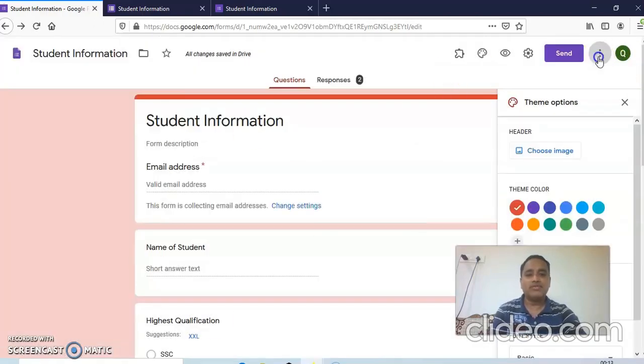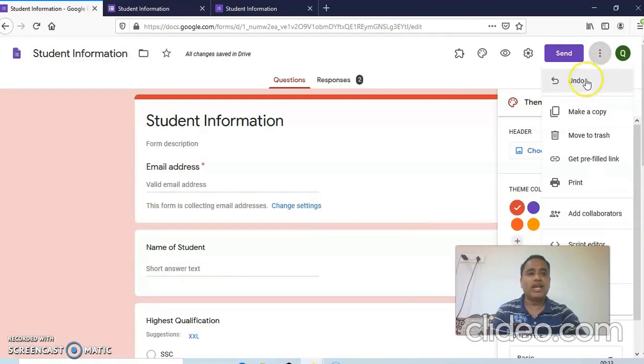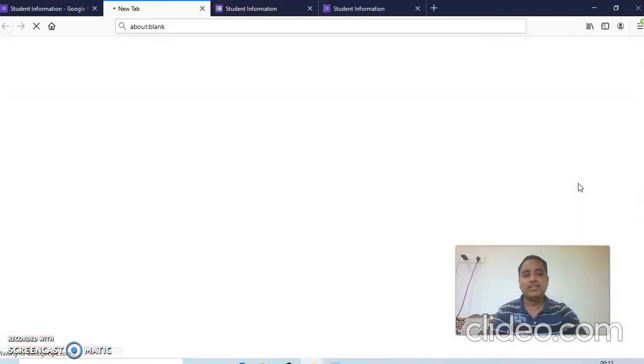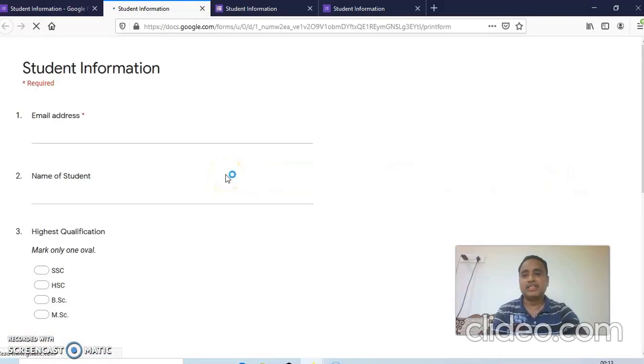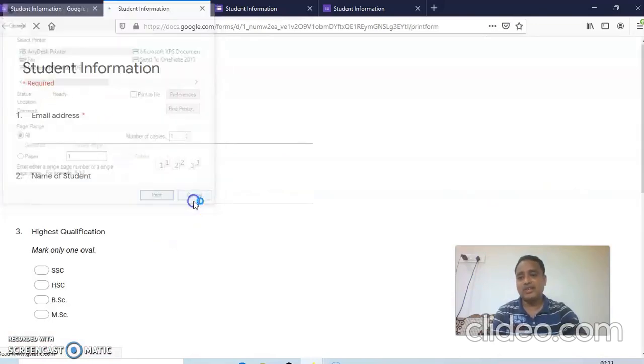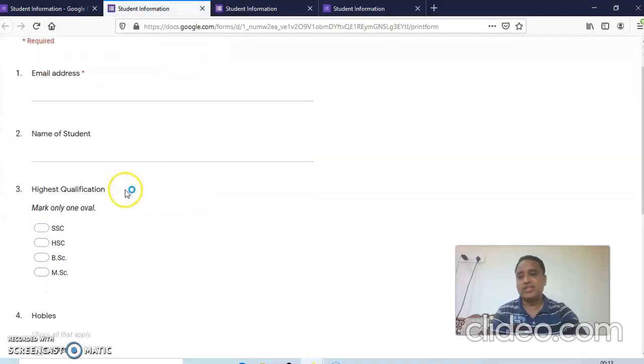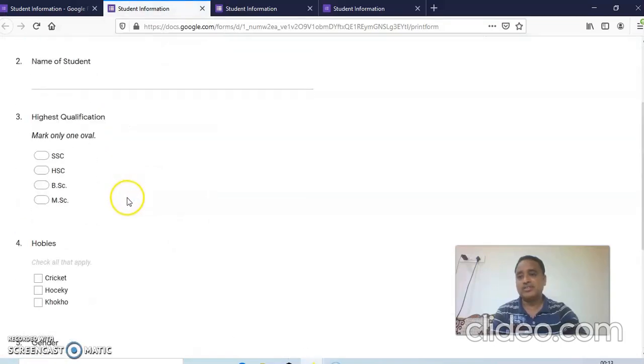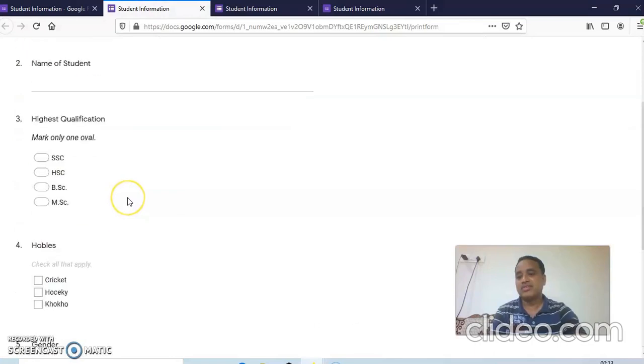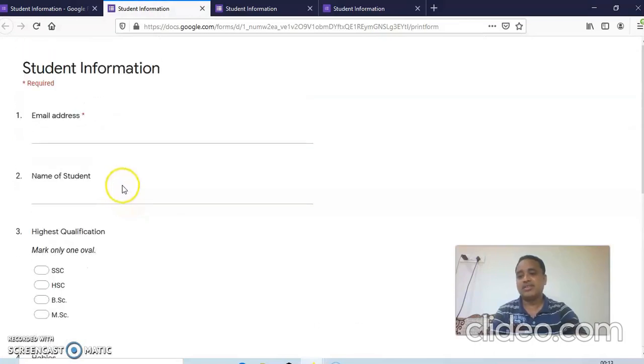Now lastly, if someone wants to fill it offline, this print option is there. This print option is used for offline. Now here's the print. This print option means you can also print this student information offline, then all your things are there. So anyone can also fill it offline.